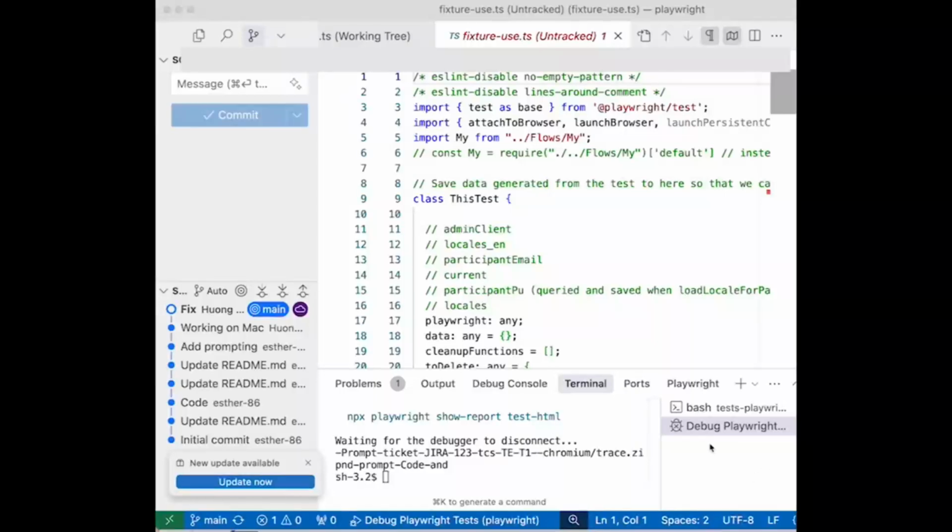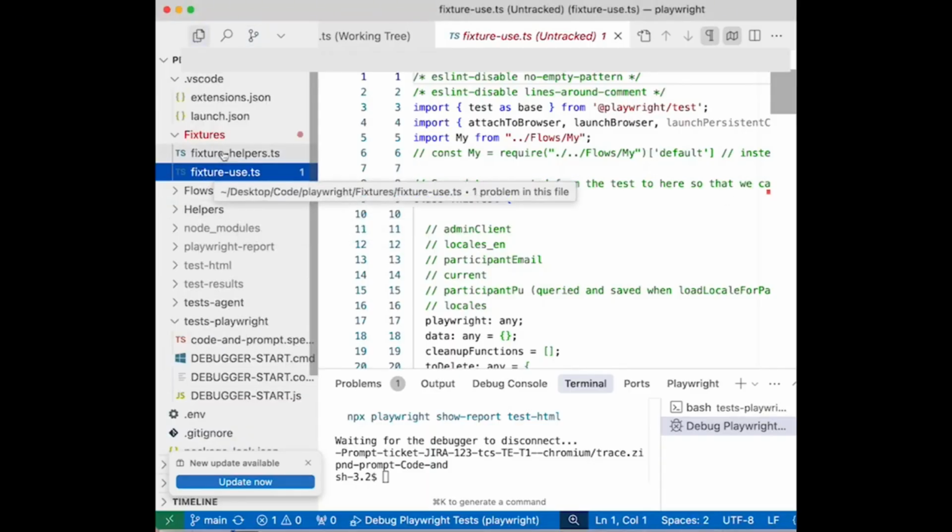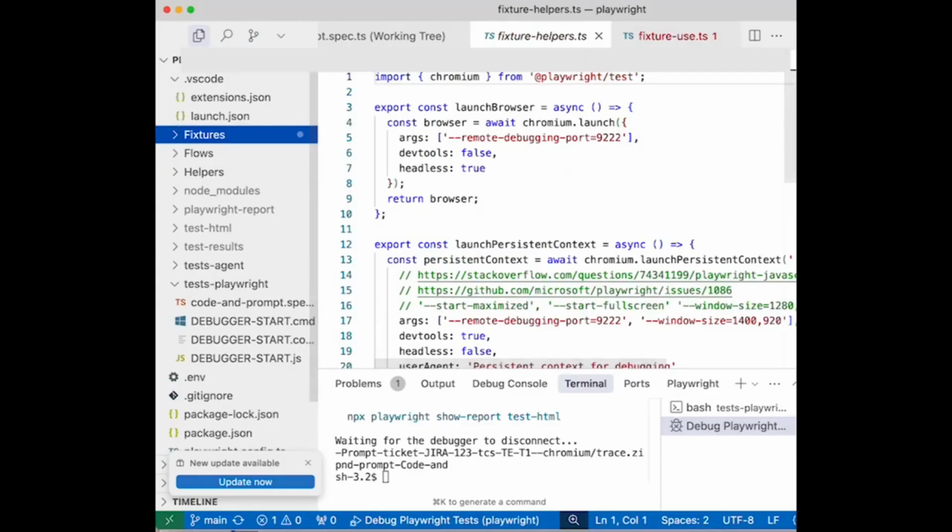Hi, the good news is that I got it to work on my Mac, but that is using my work computer. Of course, this is outside of work hours, but I couldn't get it to work on my Windows machine. The main thing that was added was this fixture folder, which has reusable test fixtures and helpers for setup and